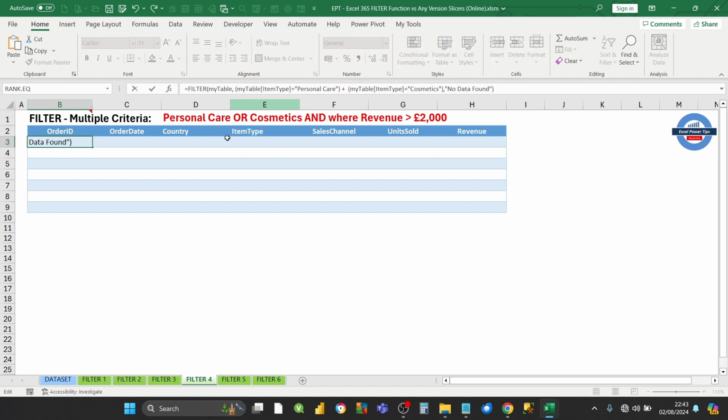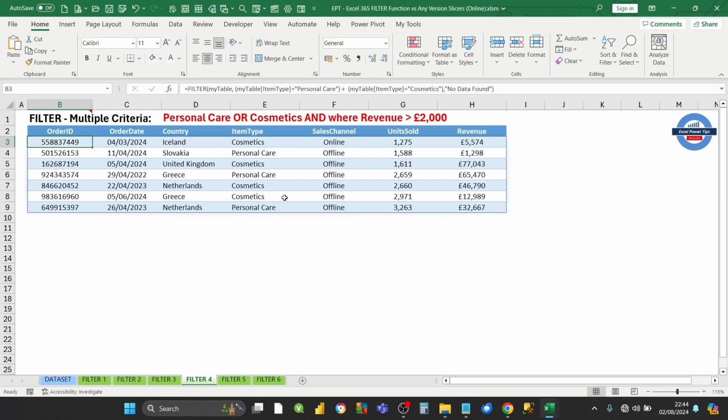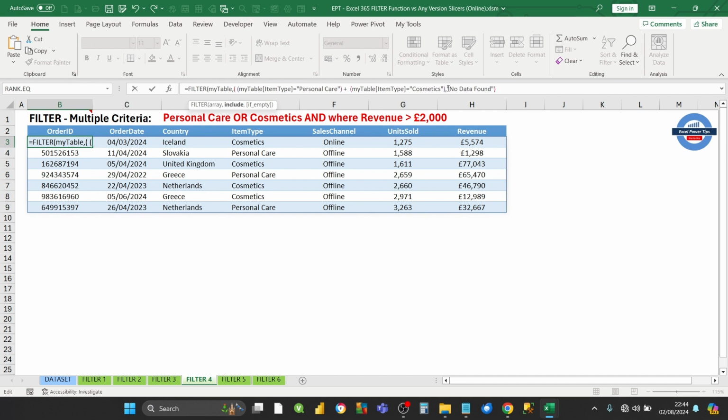So as before, in another example, we're going to be putting the criteria where the item type is either personal care or item type cosmetics, and we separate each of the criteria with a plus sign. And when we accept that formula, you see that all the item types, either cosmetics or personal care, are shown. Now, to introduce the and, we close the brackets for the or criteria with another set of rounded brackets,